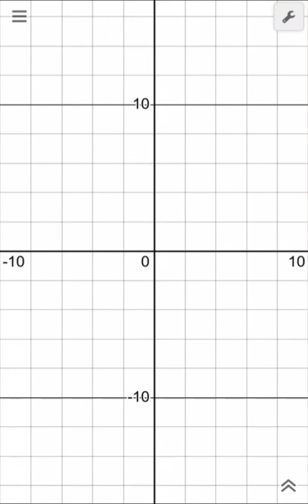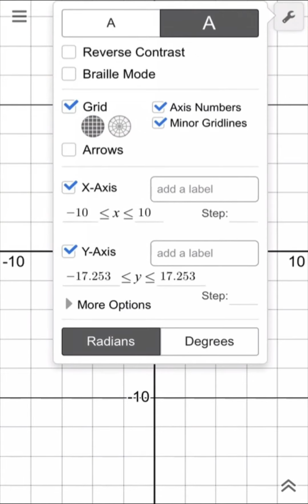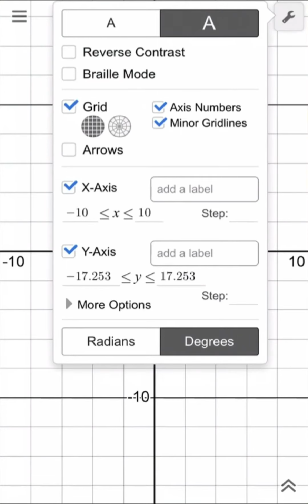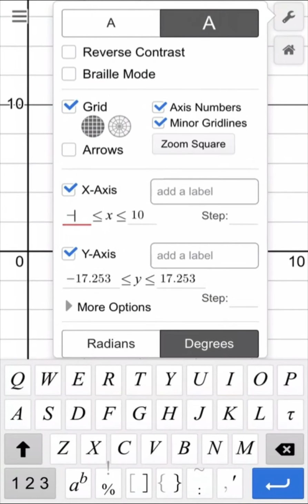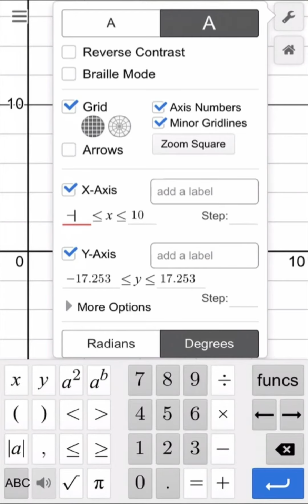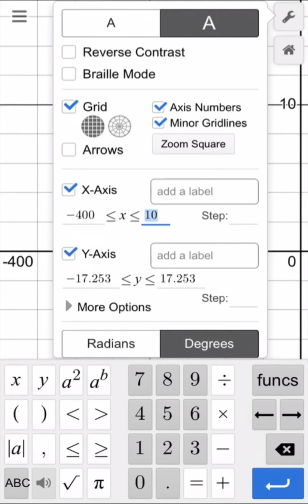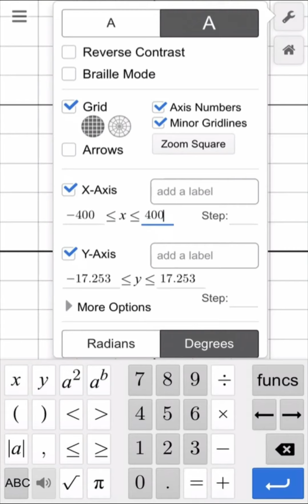In this video, we are going to learn how to make sine, cos and tangent function in degrees using DESMOS software. So first of all, we check the unit of the angle from the setting. We have to convert it to degree, and